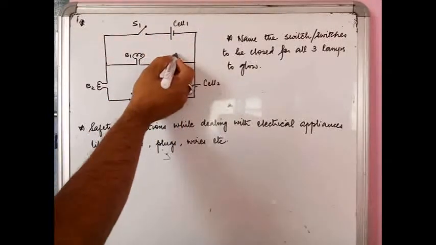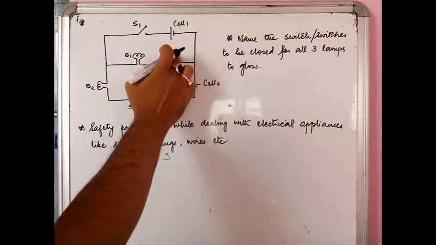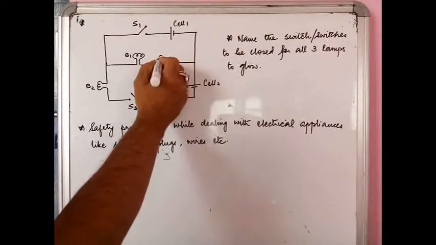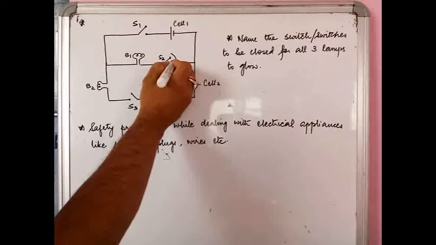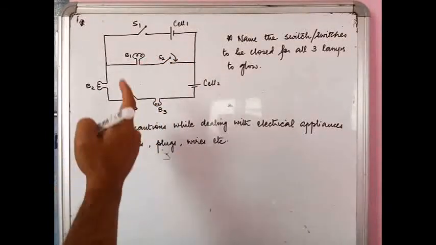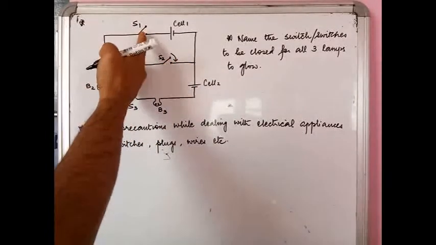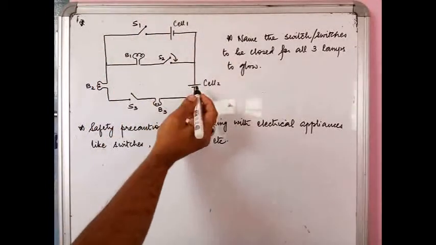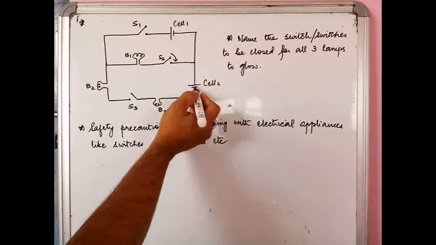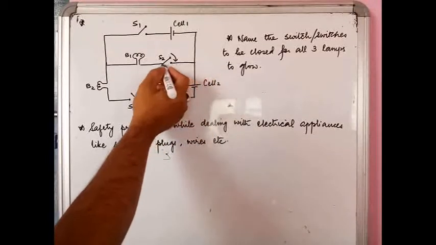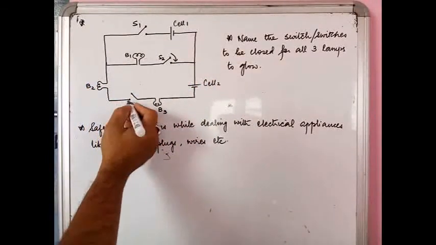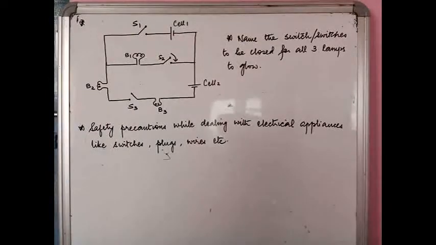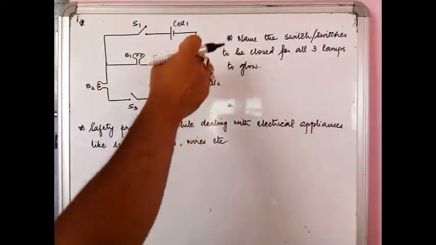Suppose switch S2 is closed. Okay, so I'm going to just write this S2 this side. Okay, now switch S2 is closed. Okay, so when switch S2 is closed, obviously because switch S1 is open, so this path is not functional. We will look at cell C2. Okay, so current comes here, here, here. You see here is a disconnect again. So by working individually with S2 also, nothing happens.